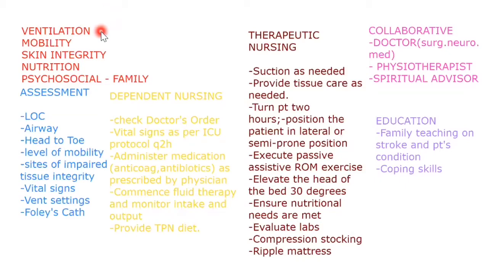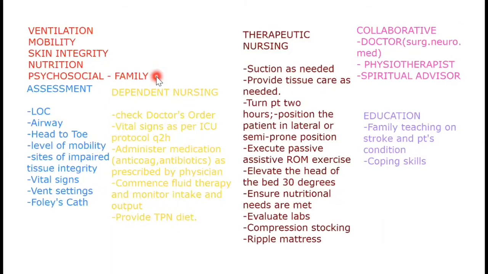The patient has ineffective airway clearance, and this is related to the trach obstruction and the secretions. Mobility. Patient has impaired physical mobility. The patient has impaired skin integrity, imbalanced nutrition, and the psychosocial need specifically toward the family must be met as well. If we are to go into the hospital on any given shift to provide care for Mr. K based on the information that would have been provided throughout this presentation already, what would be the plan of